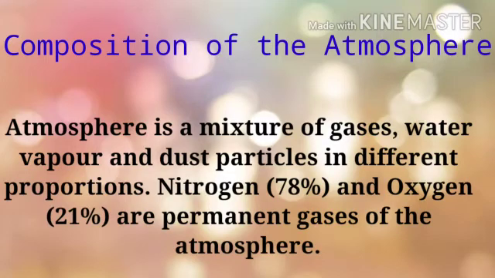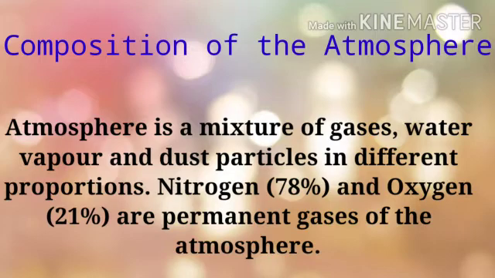Composition of the atmosphere. Atmosphere is a mixture of gases, water vapor and dust particles in different proportions. Nitrogen is 78%, oxygen 21% as permanent gases of the atmosphere. They constitute 99% of the total composition, and that percentage always remains the same without any changes. The remaining 1% is occupied by argon 0.93%, carbon dioxide 0.03%, neon